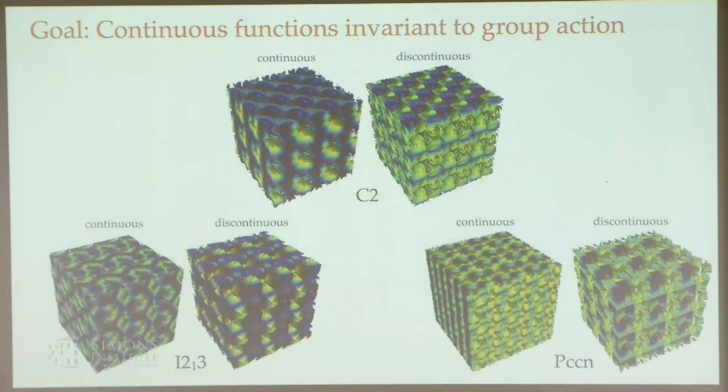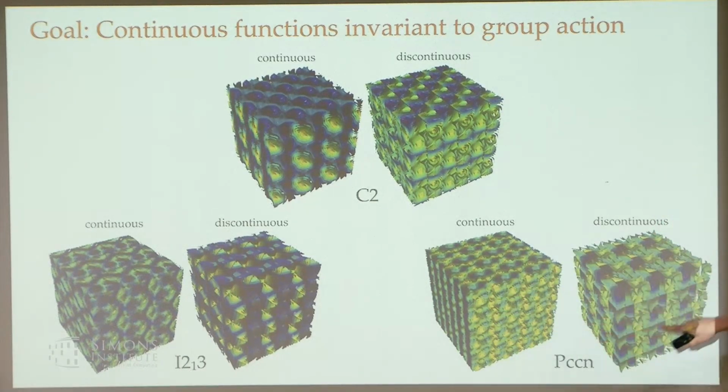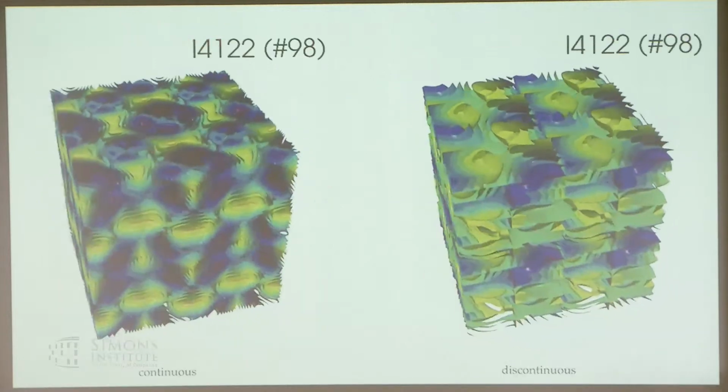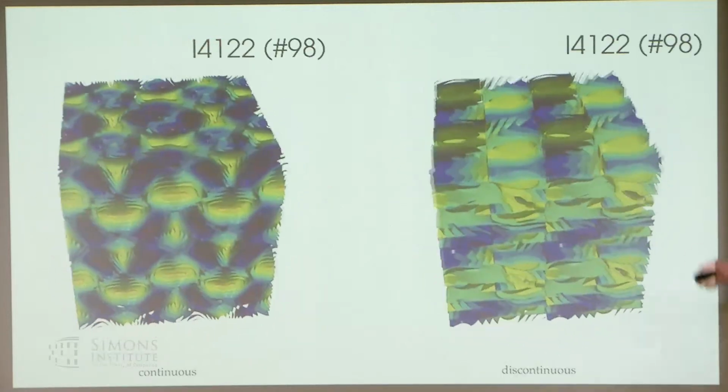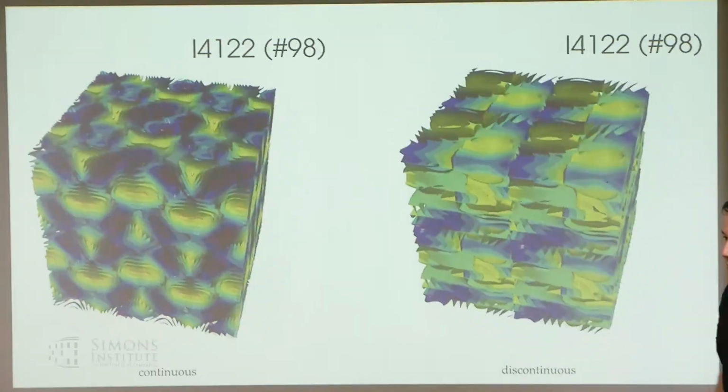In 3D, it's a little bit harder to see, but we're still trying to think about the same thing here. So there's a contour plot. This is continuous, doesn't have these sharp boundaries, right? In 3 dimensions, you can see it a little bit more clearly, where we get these discontinuities across these things.